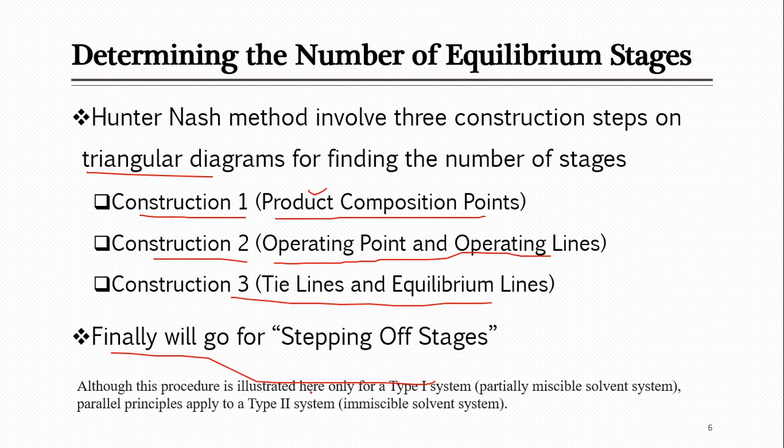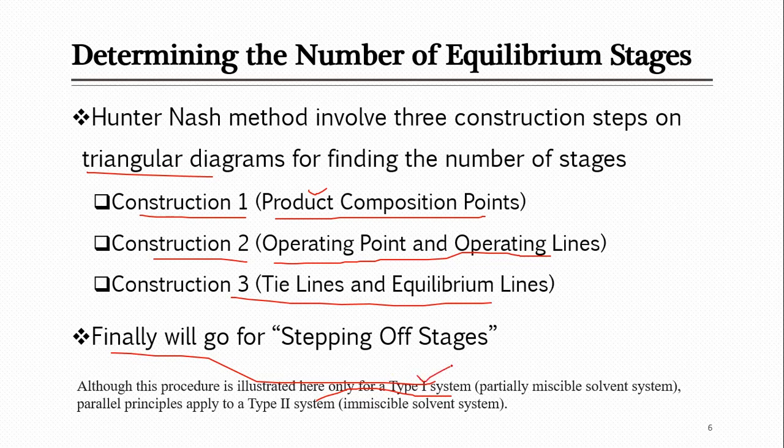The system which we are going to discuss here is commonly the type 1 system. I have shown you 2 diagrams, and I asked you to remember the diagram for type 1 and type 2 systems. Kindly remember, type 1 systems are partially miscible solvent systems, while type 2 systems are immiscible solvent systems, in which two solvents, one which is part of the feed and the other introduced externally, do not get mixed. So they are called immiscible solvent systems. Although this method involves all these 4 steps, at the end you will get the number of stages for any liquid extraction system.